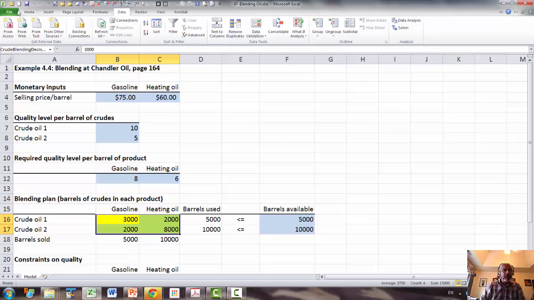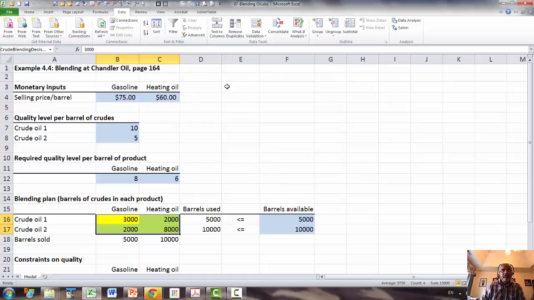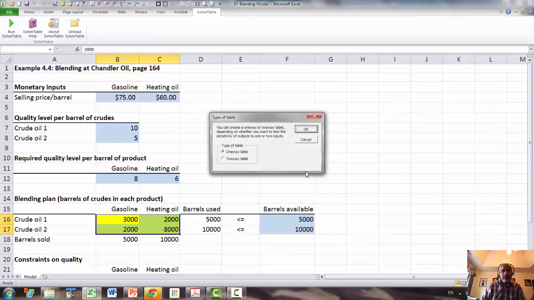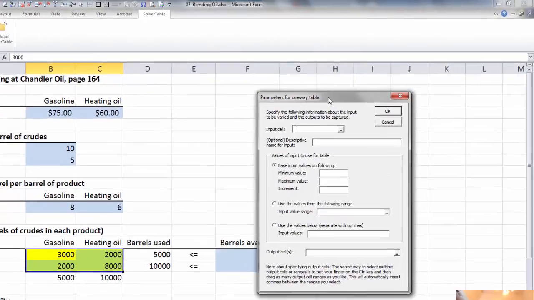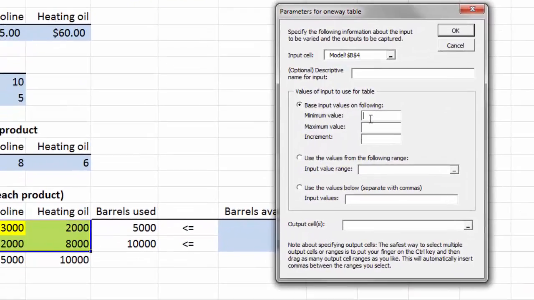Okay, let's go ahead and open SolveTable. Go to SolveTable, a one-way table, and our input is gasoline price per barrel, and we want to use sensitivity for $50 to $90 in increments of $5,